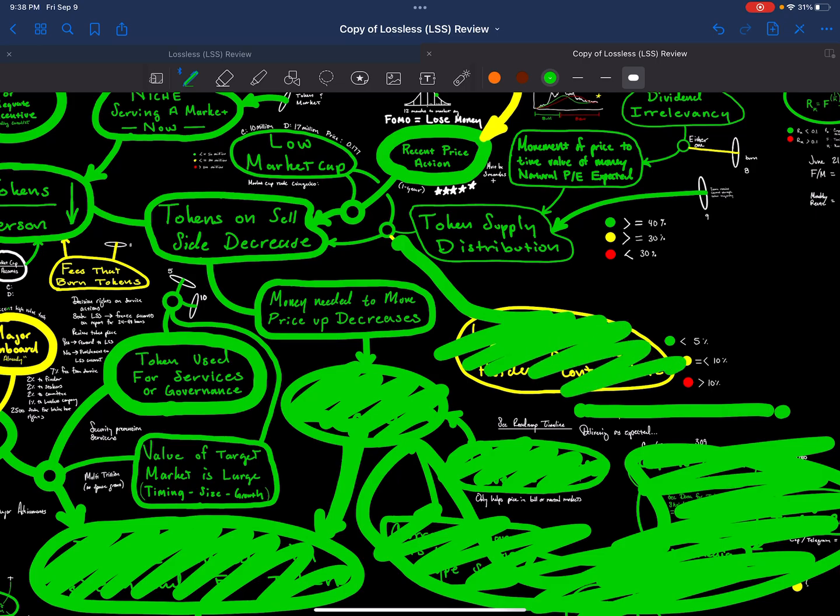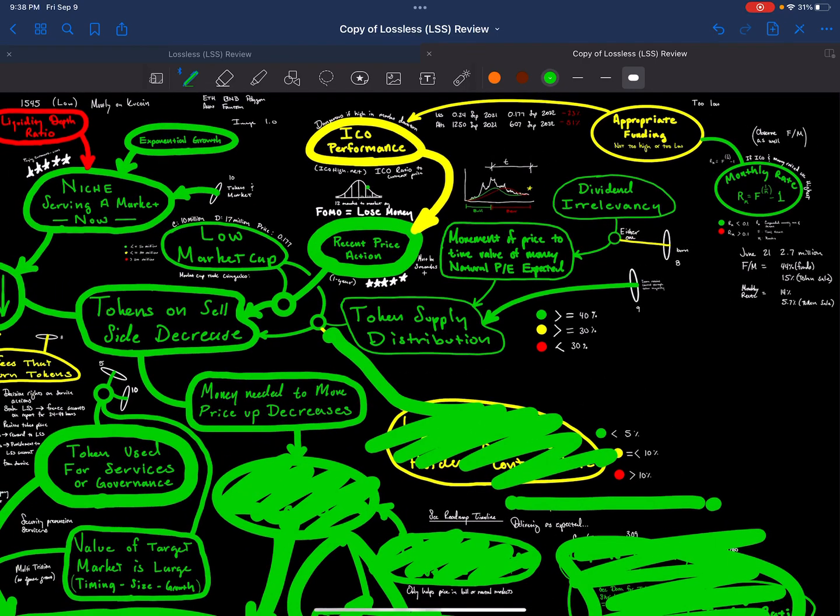Inflation rates are neutral. Regarding the funding or recent price action, we're in a bear market, so it's always green right now because everything's down and the world is pessimistic. So this is a general time to convert cash into cryptos. Could it go lower? Absolutely, but this is the time when you're going to get a green output from price action because everything's down, everyone's pessimistic, so it's a good time in general.